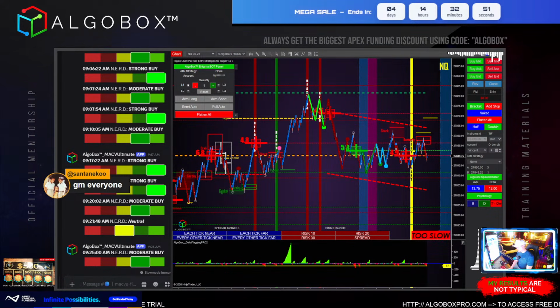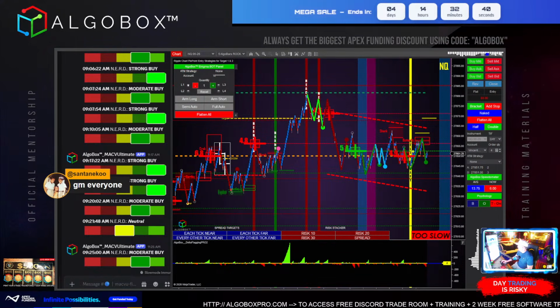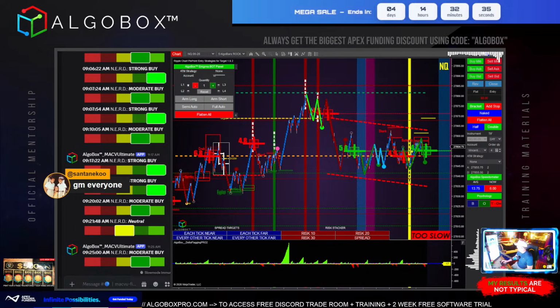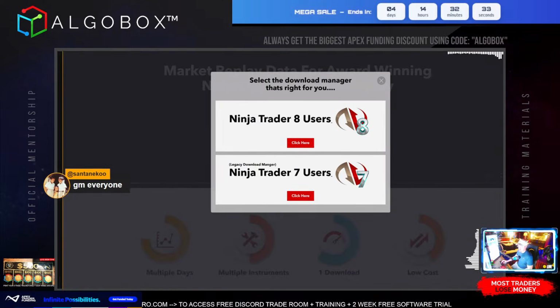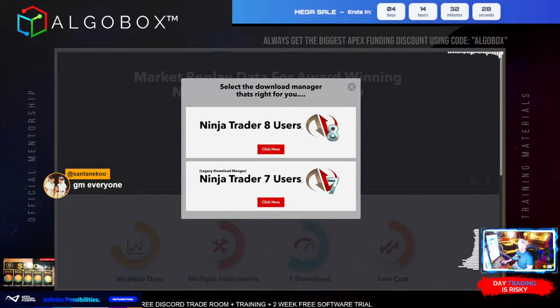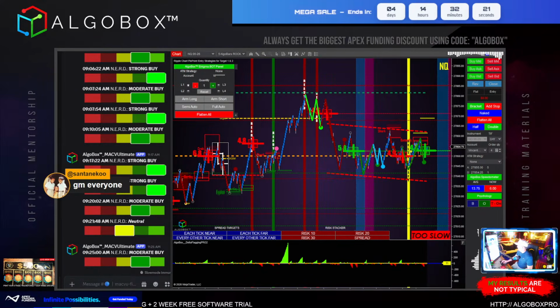MarketReplayData.com. Let's see. I mean, it looks like they're still around. Select the download manager. I haven't used them in a long time, but this is the one that has been around for ages. If you're really wanting to do some major backtests, I don't recommend that necessarily, but if you want to, and whether they work or not, I don't know.